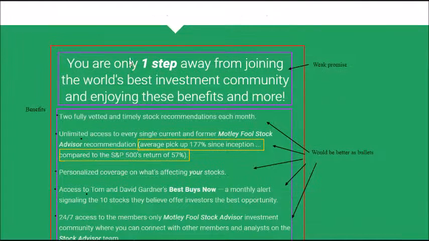So this is a weak promise, the headline, because, well, let me read it first. Okay. You are only one step away from joining the world's best investment community and enjoying these benefits and more. I'm sure you can agree that this sounds very, very cheesy. And it's not only cheesy, but I think what they're trying to do is